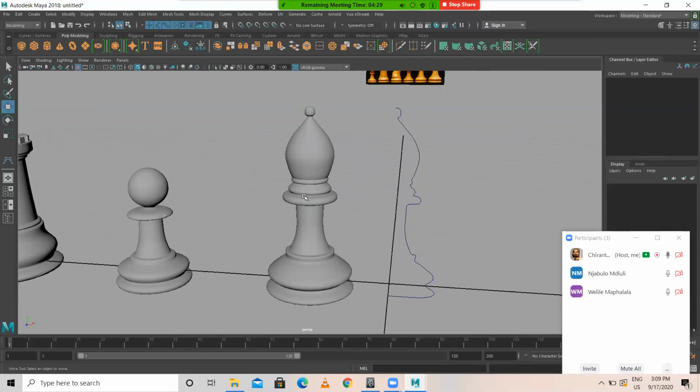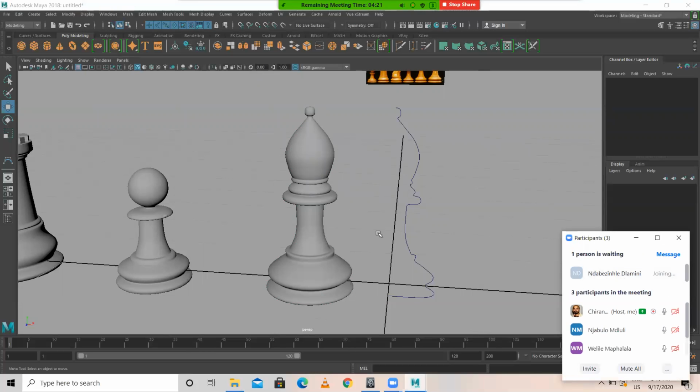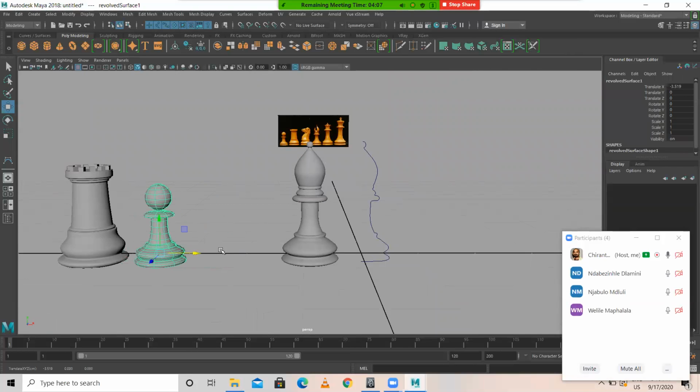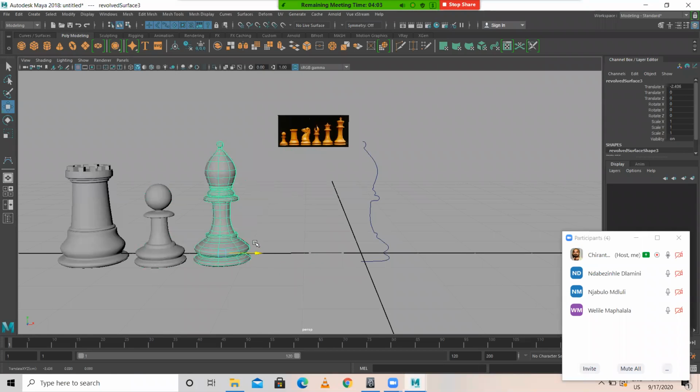Okay. Any doubt? Okay, good. So the same thing we have to repeat for other models as well. Okay, so I'm just keeping this somewhere here. I'm just placing it. Select this, I'm deleting this. Now the next model, select this.